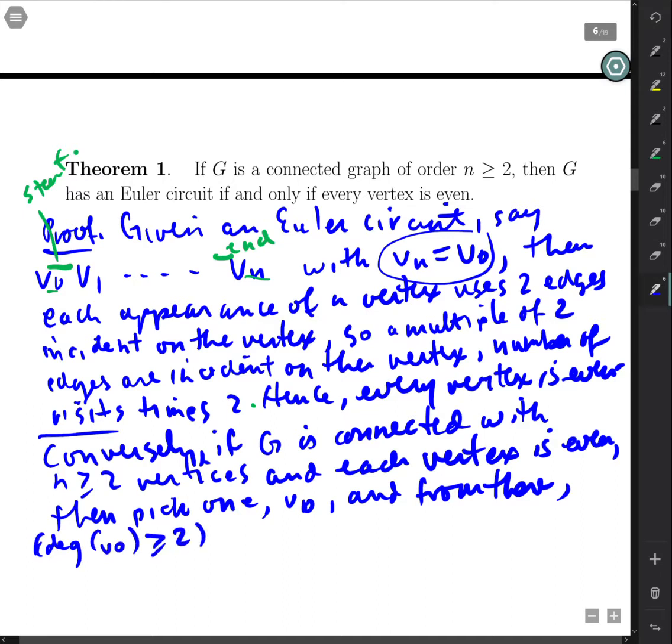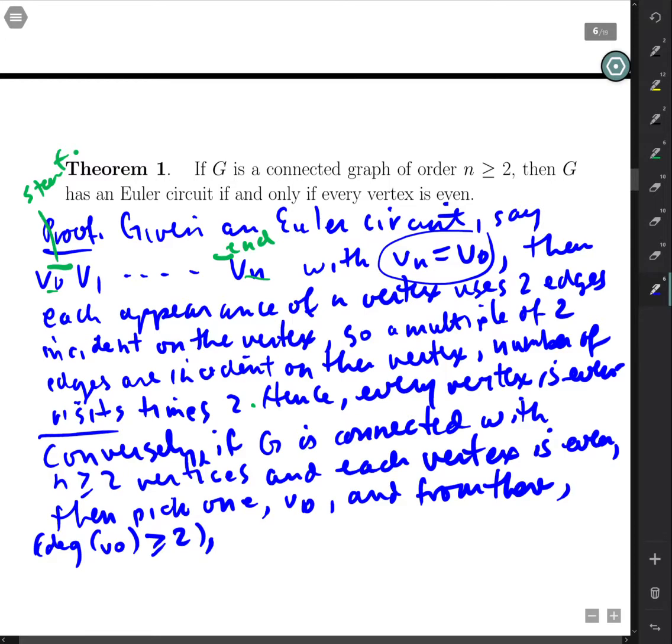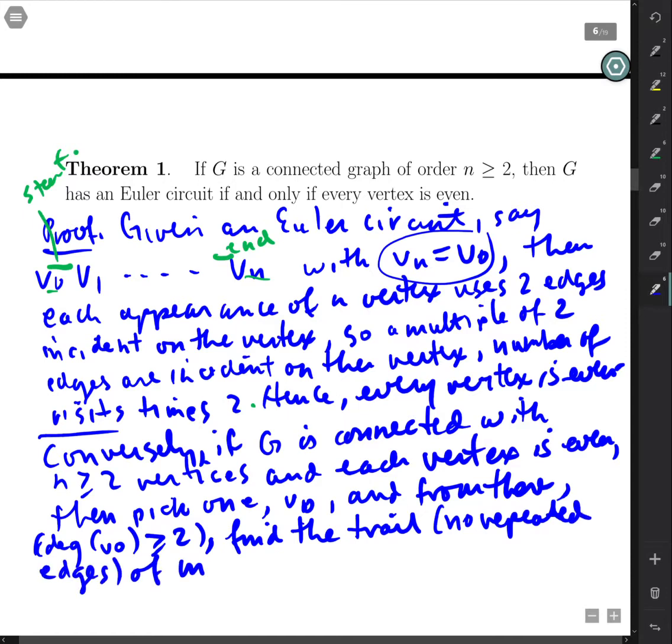Because it's connected and there's at least one other vertex there. It has to have at least one edge, but it's even, so it has at least 2. And from there, find the walk, I guess we call it a trail, let's call it. Find the trail that has no repeated edges, of maximal length,